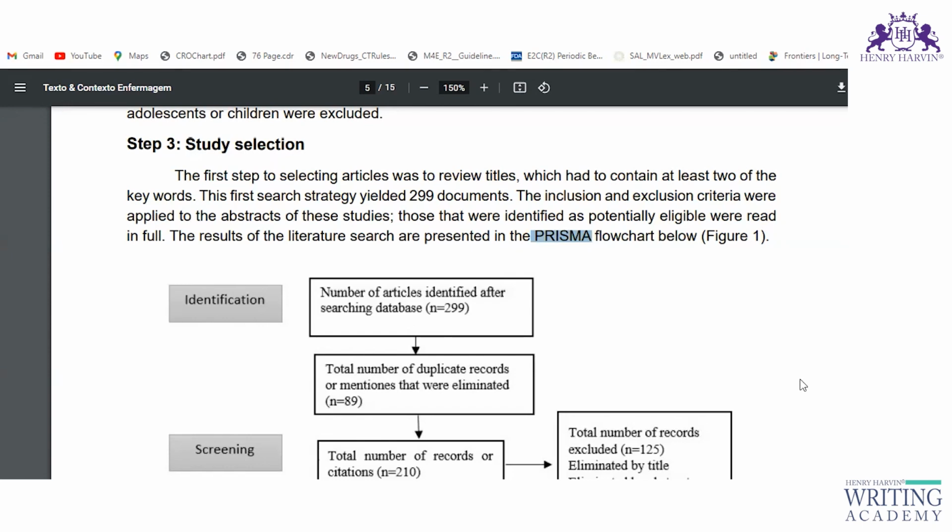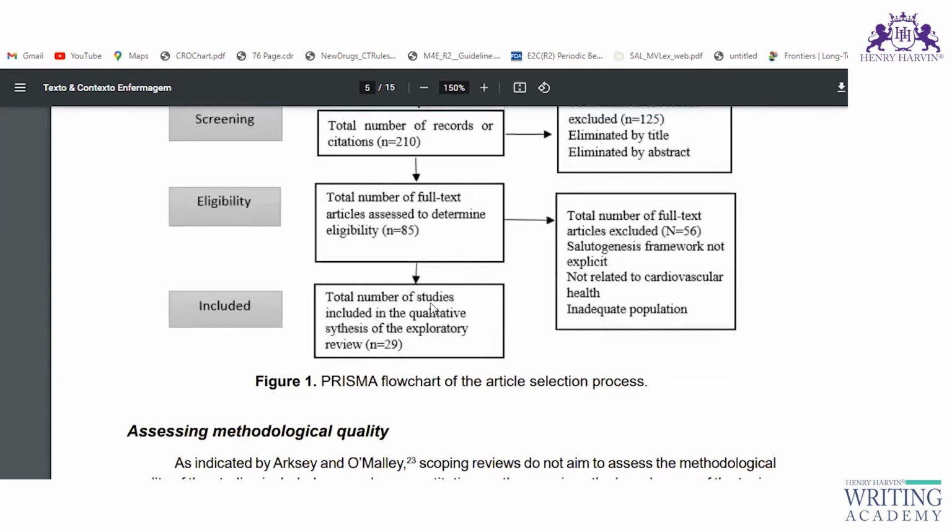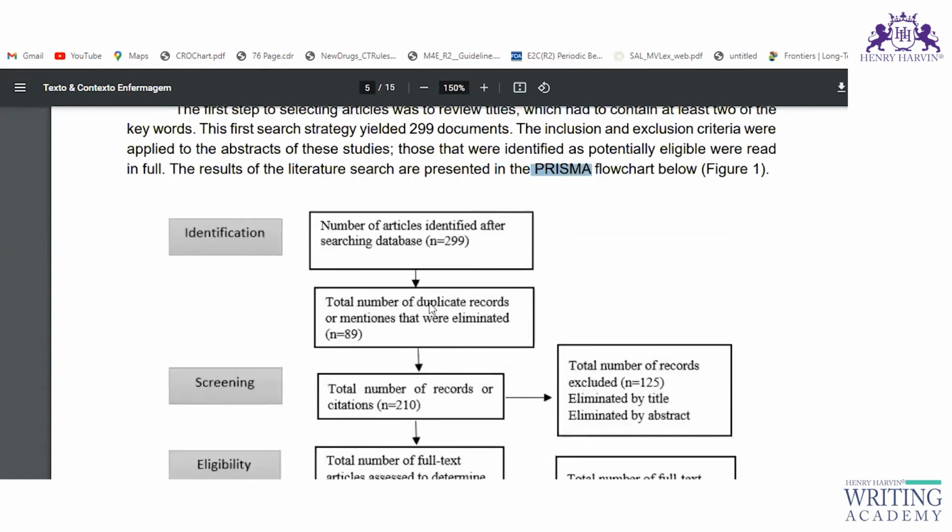Just for now, you can understand that PRISMA is a reporting guideline which will provide you with a checklist containing at least 28 to 30 items, I guess. And then it gives you a flow chart also. With the help of this flow chart, you can define your literature searching process, not the literature searching process,